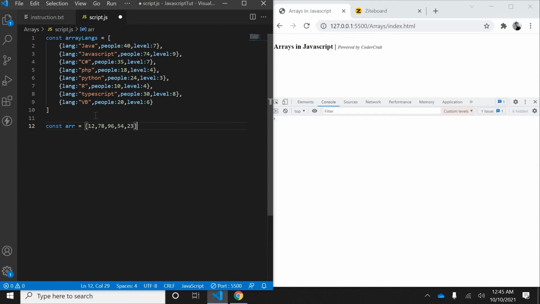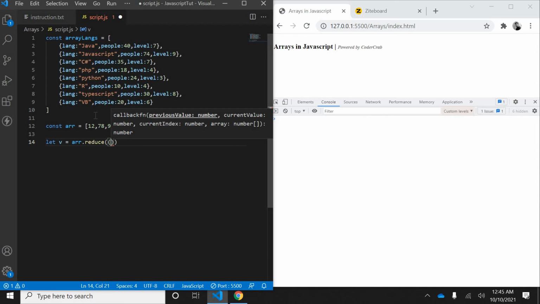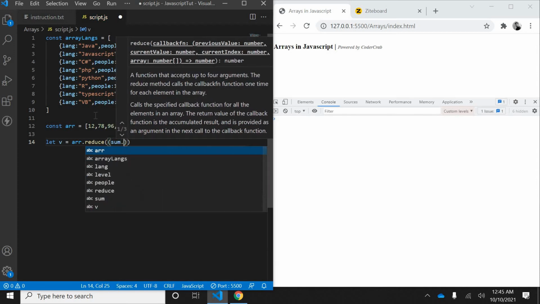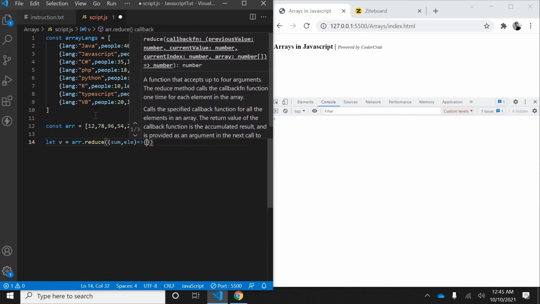What I need is a value. Let my new value v equal ARR dot reduce, and inside this I'll take two values. One value is my sum, one value is my element ele, as always.